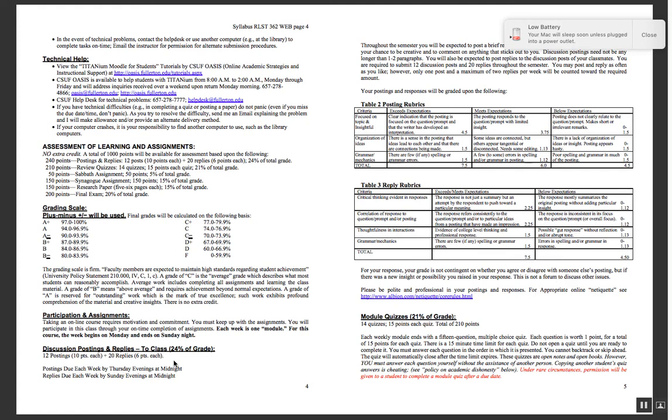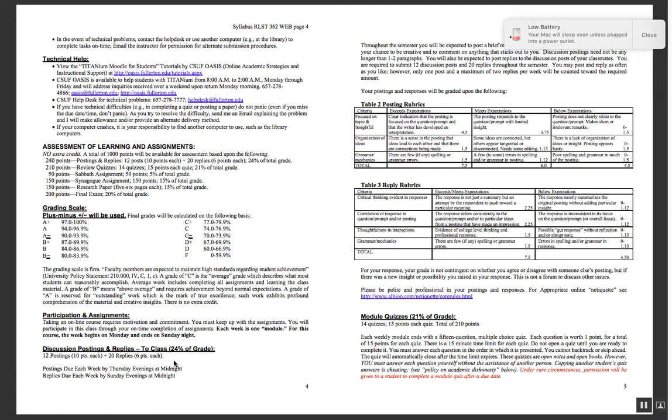Now, a posting is basically just anywhere from 6 to 7 sentences, 1 to 2 paragraphs about something to do with the readings, with the lecture, with a video that I required you to watch, with anything from that week. It can be a response that you disagreed with. It can be a reading that you liked for a particular reason. Anything that shows that you're thinking and engaging. I don't want you to just say, this week the lecture talked about da-da-da-da and it said da-da-da-da, because that's just regurgitating information that everyone already has. I want you to react in a particular way. I want you to find something about it that you liked or that intrigued you,